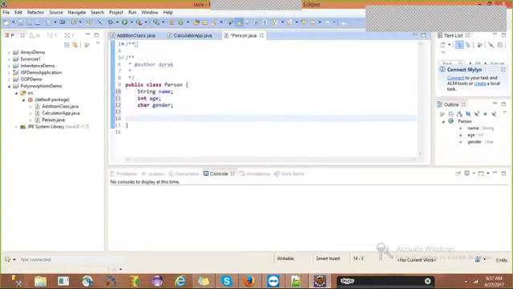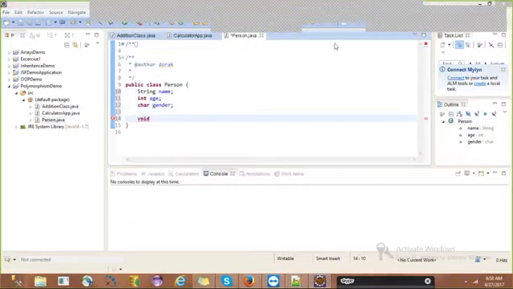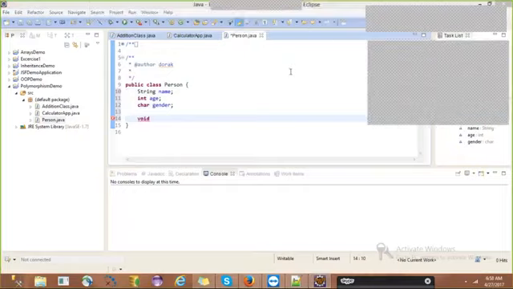Then what are the methods we need? Void. What is the method that we need here, guys? Which method should I write?